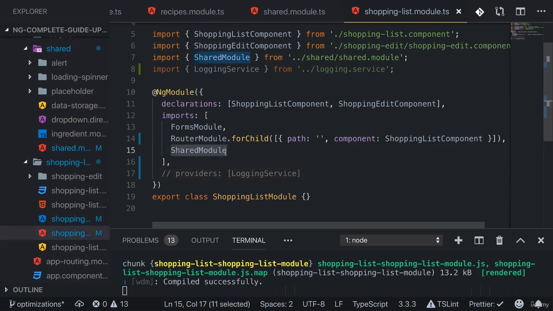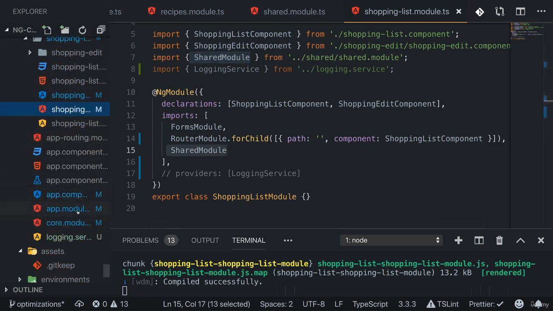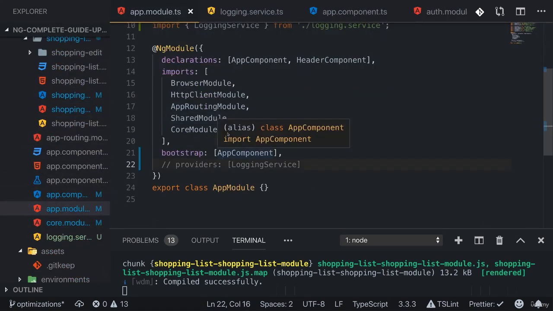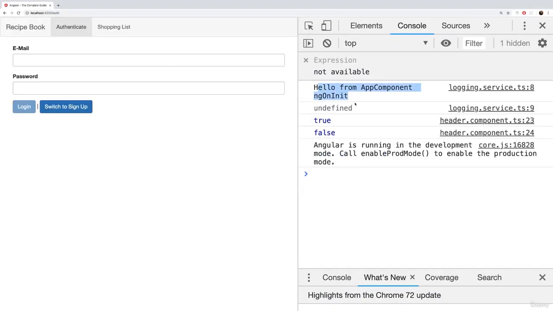Now the shared module to the shopping list module is also eagerly loaded, but the shopping list module itself is lazy loaded, turning the shared module in this place also into a lazy loaded module. So here the shared module is both. It's lazy loaded through the shopping list module, and it's eagerly loaded into the app module. And the effect is that if we reload here, that works, and we see the output here on the